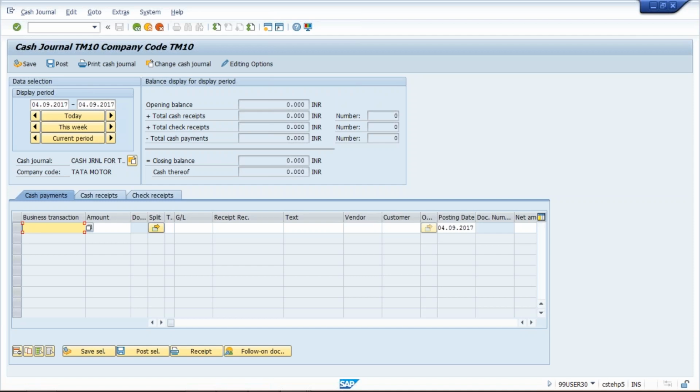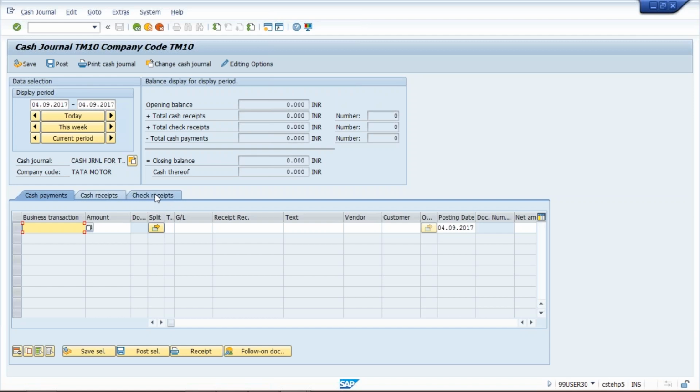So cash withdrawal. Now here we have cash payment, cash receipts and check receipts. Three tabs are there. SAP has given check receipts for small transactions in terms of checks.